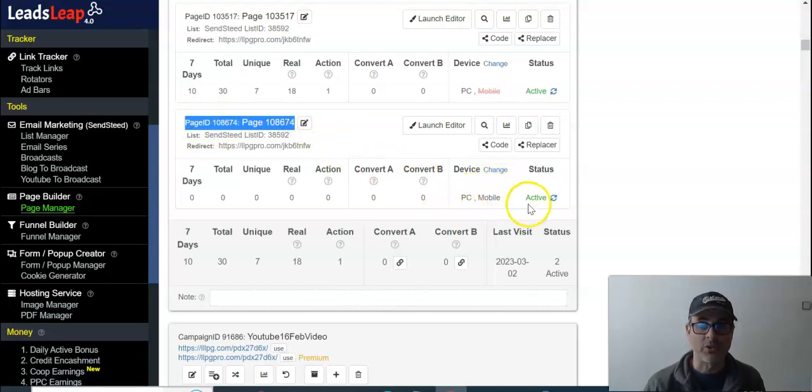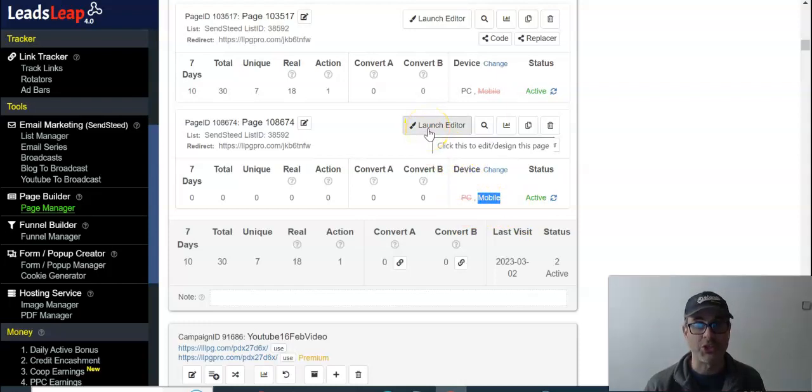So all we need to do is come here and click on change, and then click on change again, so the PC section is crossed and it only shows mobile. This is a page that we want to change in order to be able to see it properly on a mobile device. So next step, we go up here and click on launch editor,